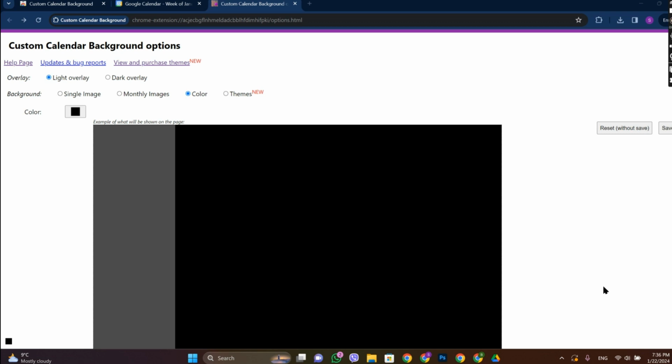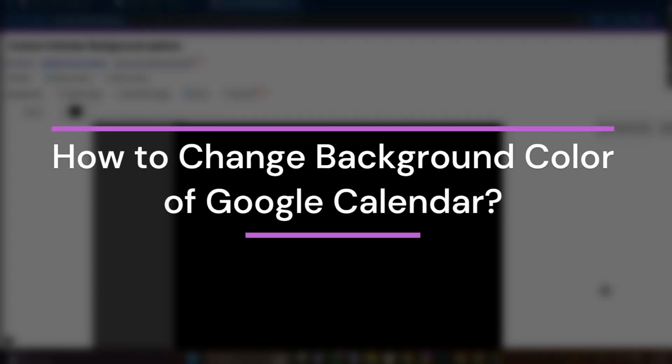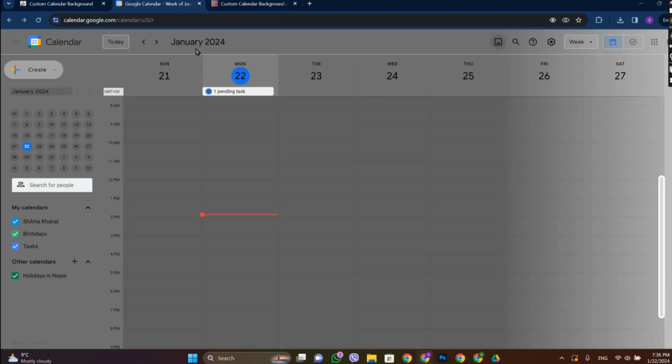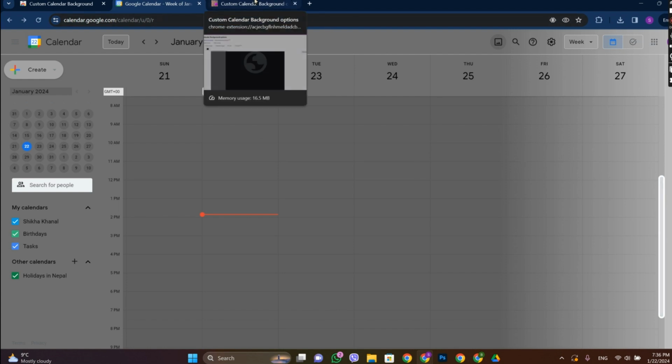Today in this video let's learn about how to change the background color of Google Calendar. So let's get started. At first in Google Calendar we can see this color over here, or it might be simply white as well. Now to change the background color we need to go to this extension called custom calendar